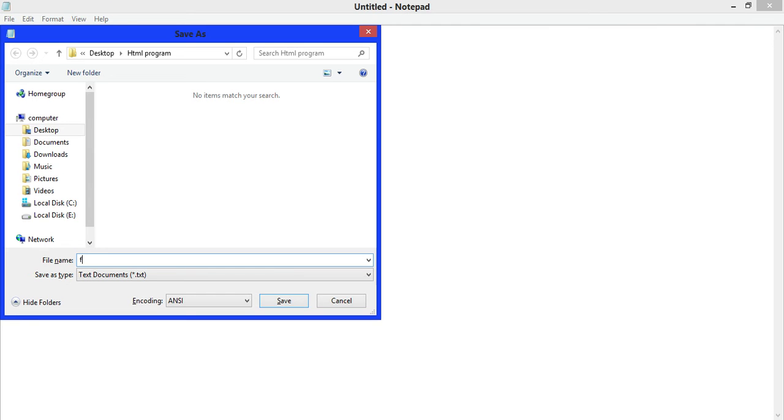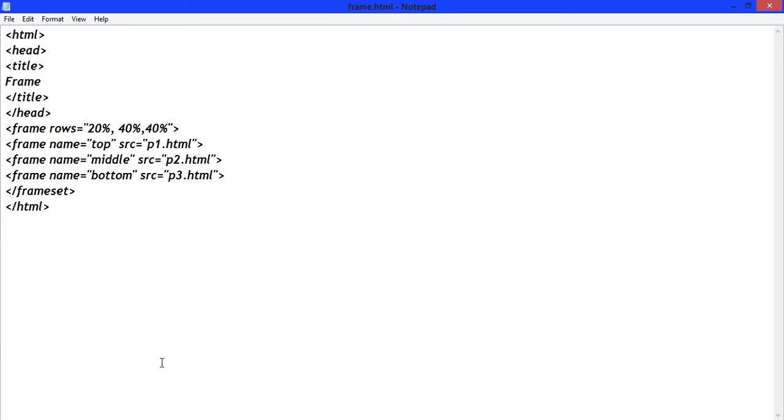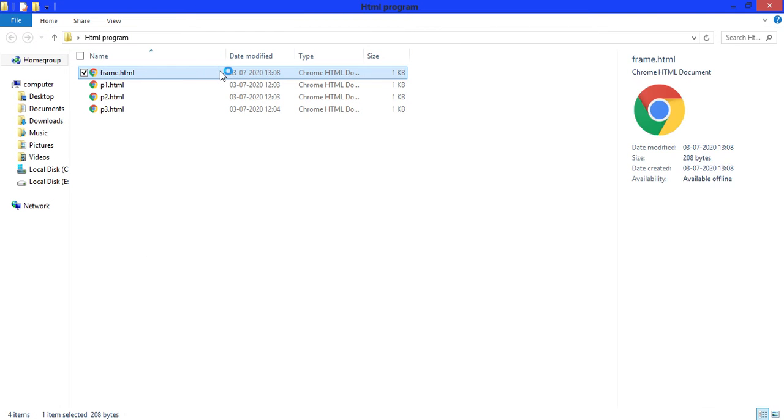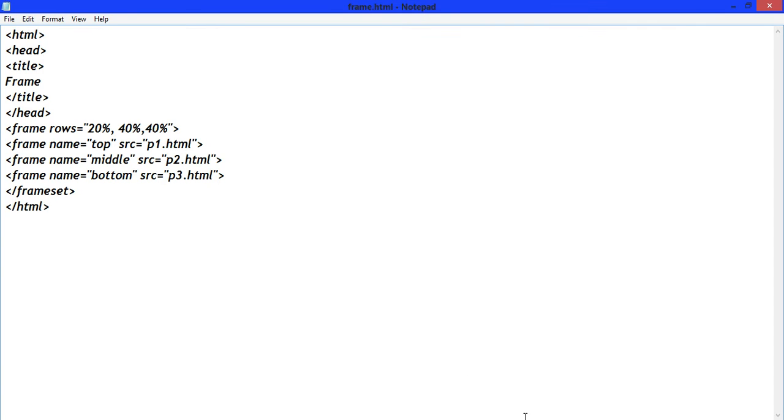Right. Now run this frame.html. Sorry, right here frameset, save it.